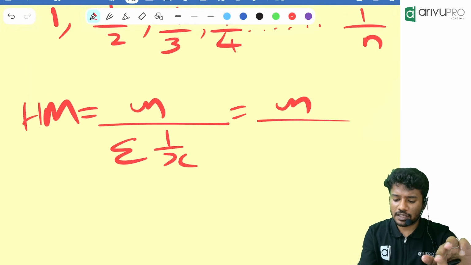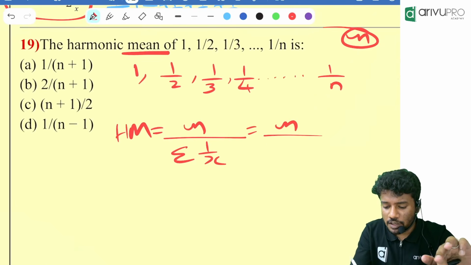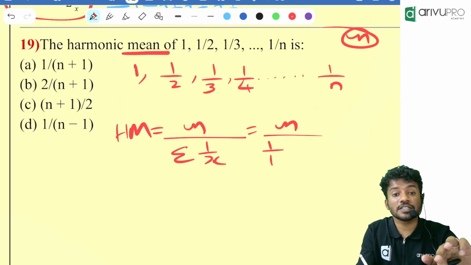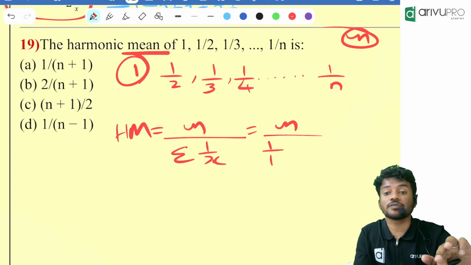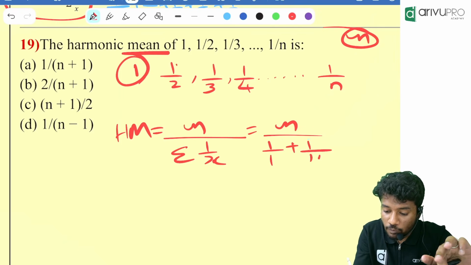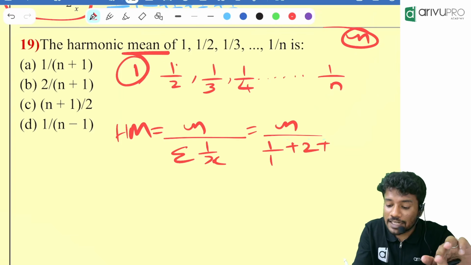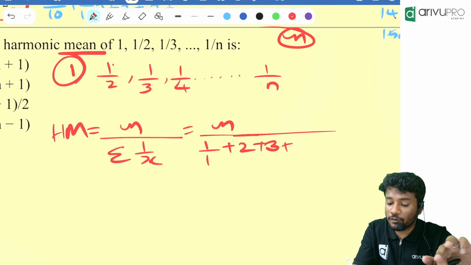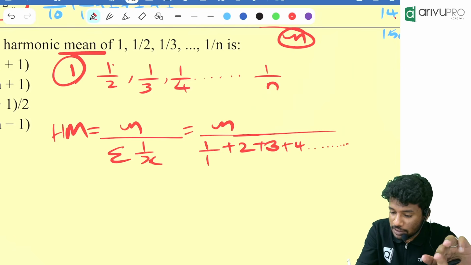N itself. Then sigma 1 by x is how much? 1 plus 1 by 2 plus 1 by 1. 1 by x means instead of x you should put this. That means 1 by 1 plus 1 divided by 1 by 2. That will become 1 divided by 1 by 2 will become what? 2 will go to the numerator. It will become 2 plus 1 divided by 1 by 3. It will become 3. 1 divided by 1 by 4. It will become 4 plus etc etc till